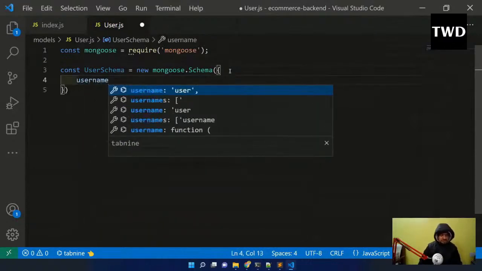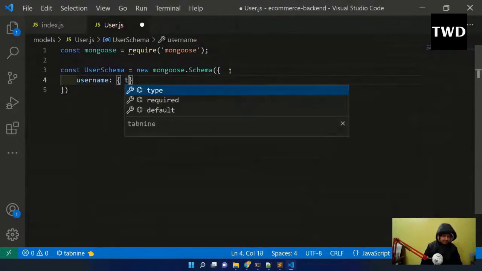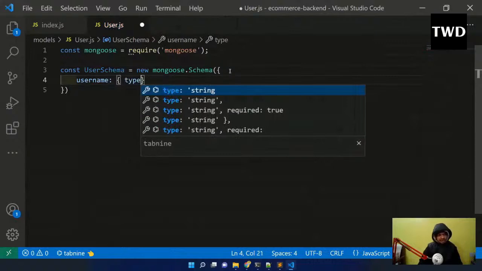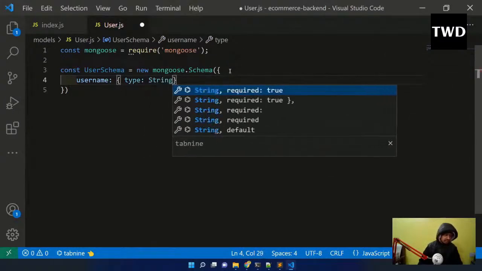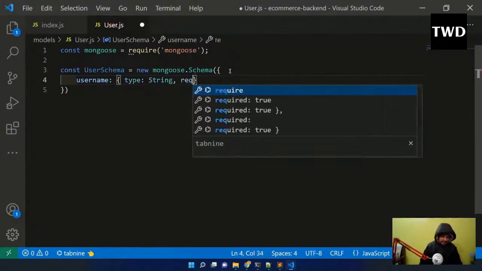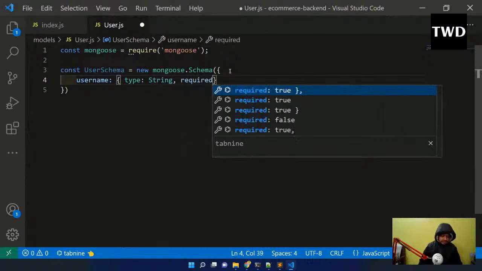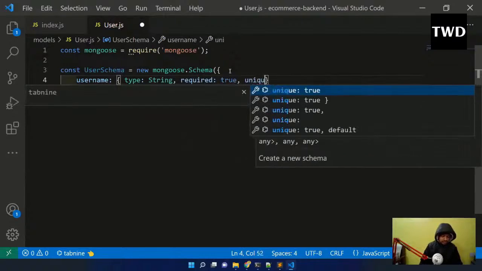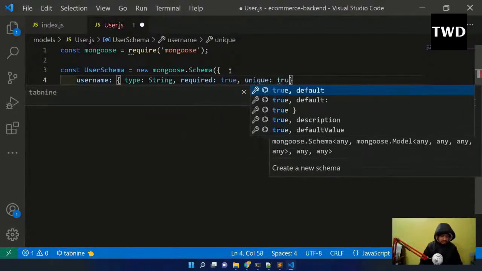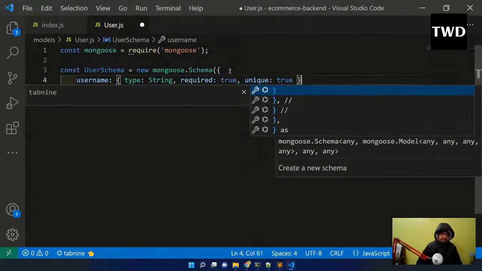Username. So it is an object. So username is there, and then type. So again, we have to define what it is there. So username, one username will be there. Anyways, it is required, because in a site like Amazon, they store the username somewhere, and that somewhere is here, string, and it is required. So you have to give some of the things which is there. Required is true, comma, unique is true, and then